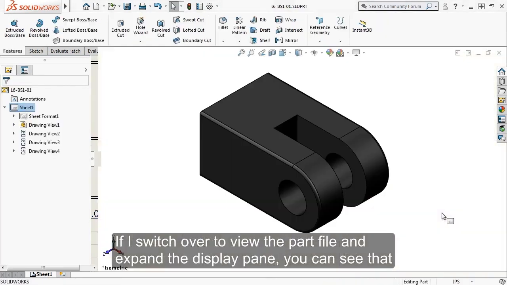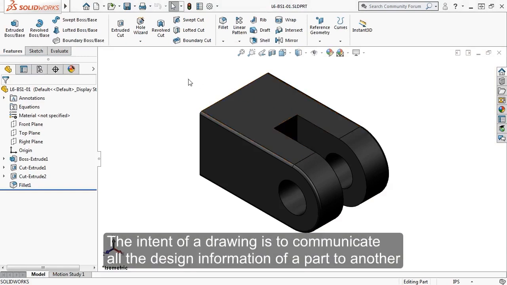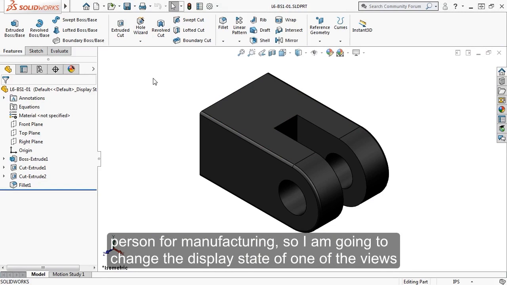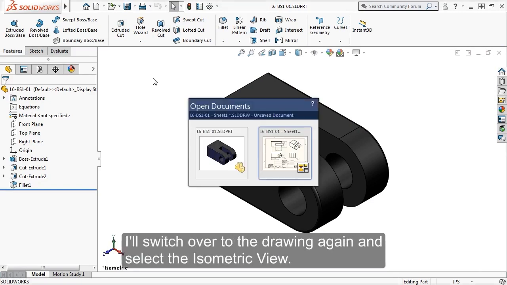If I switch over to view the part file, you can see that the part has a dark powder coat finish. The intent of a drawing is to communicate all the design information of a part to another person for manufacturing, so I'm going to change the display state of one of the views to reflect the appearance of the part. I'll switch over to the drawing again